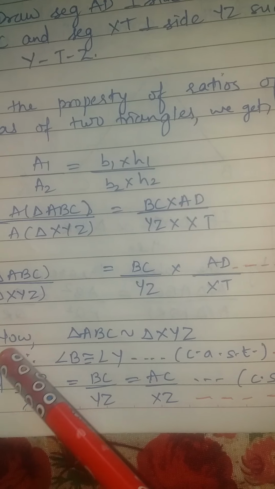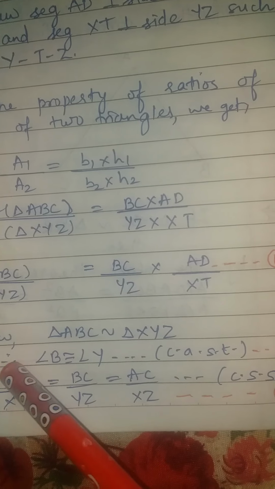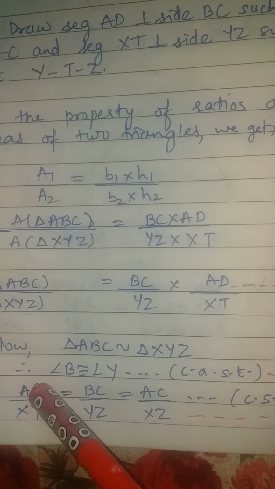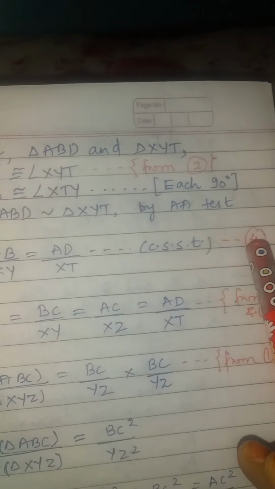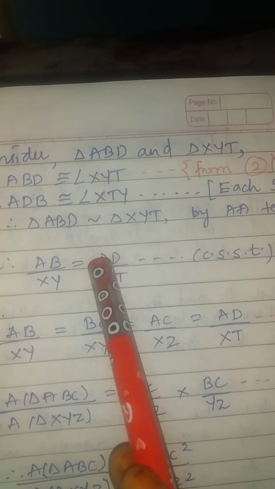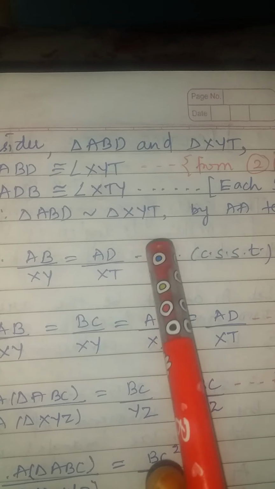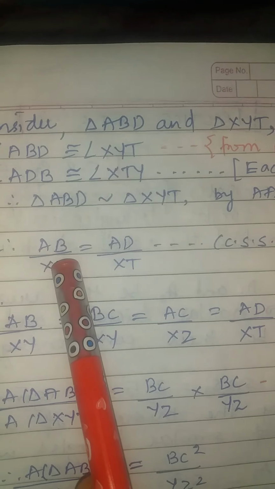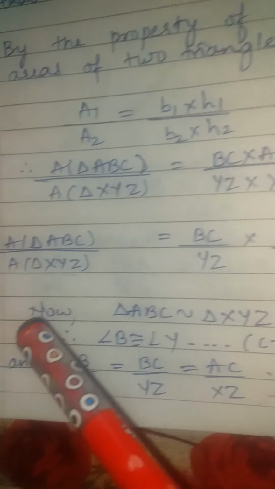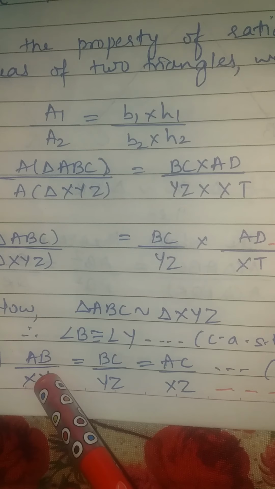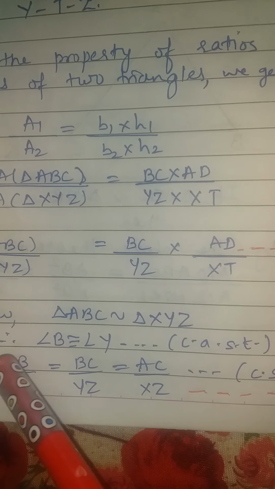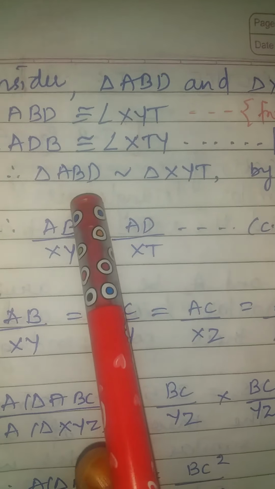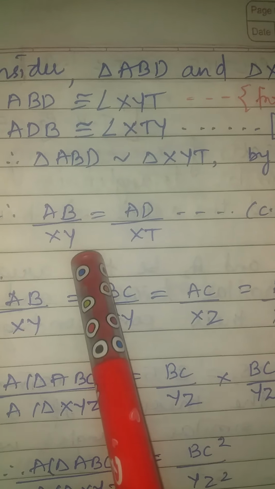Here we are having the three ratios of the bigger triangle, where we have AB upon XY, and in equation number 4 also we have AB upon XY along with AD upon XT, which are nothing but the ratios of the smaller triangles. Since AB upon XY is here and AB upon XY is there also, can we say that these three ratios will be further equal to AD upon XT, as we have AB upon XY over here in equation 4.